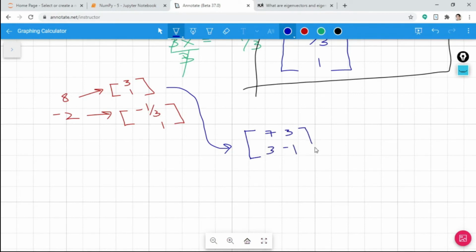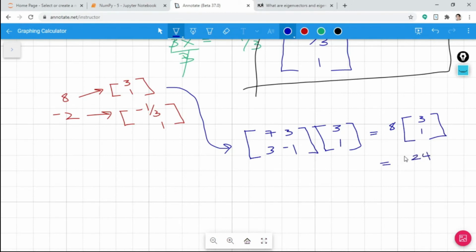If you multiply this with a derived eigenvector, for example 3, 1, it's also equivalent to the product of the eigenvalue multiplied by the derived eigenvector. So for example, this one is 8 times 3 over 1. This one is the original, this is the eigenvector. So we're expecting here